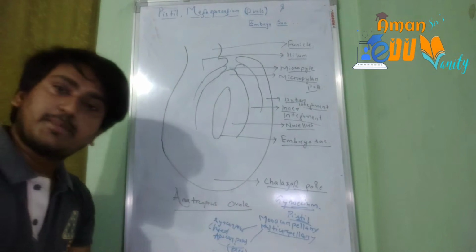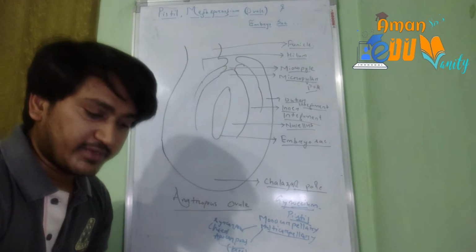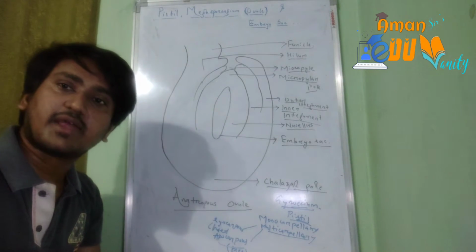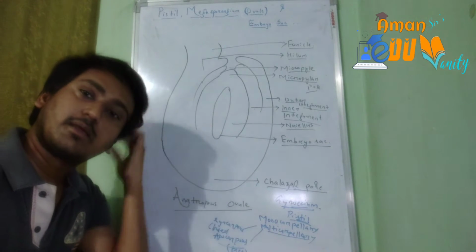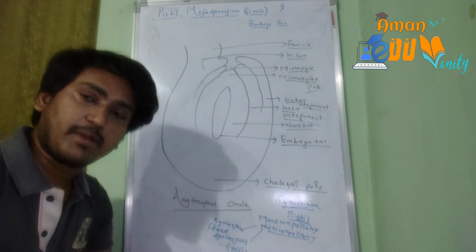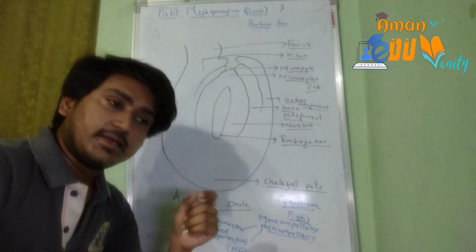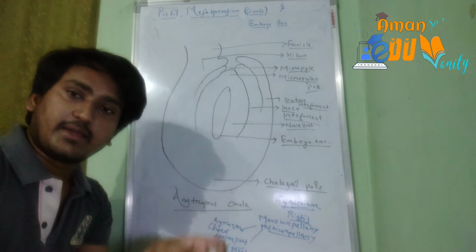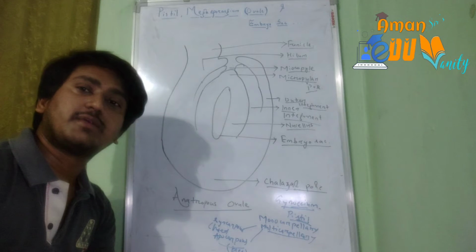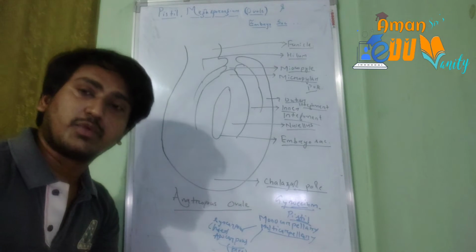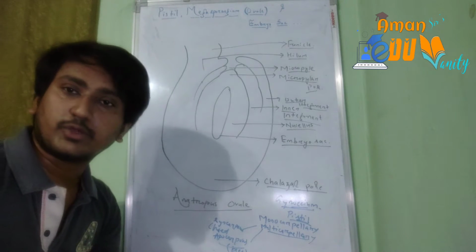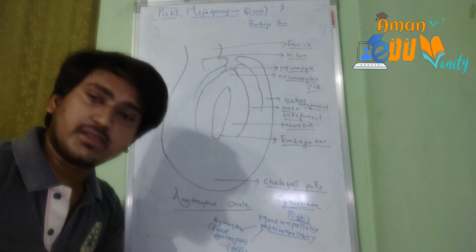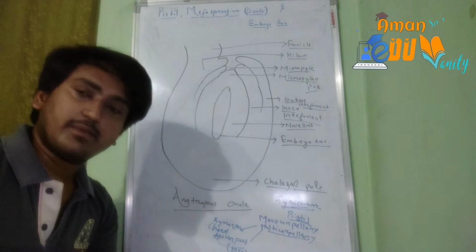Now the stigma, style, and the ovary are the three structures. The stigma serves as the landing platform for the pollen grains, where the pollen grains come and land on the stigma part of the pistil. The style is the slender, stalk-like part which gives the pathway for the pollen grains, or the male gametes, to be carried to the ovary. And the ovary is the basal bulged part of the pistil.